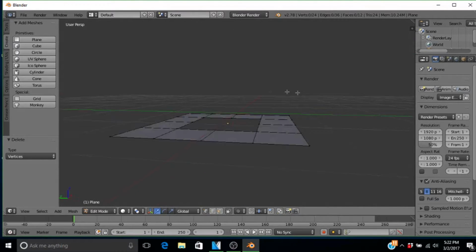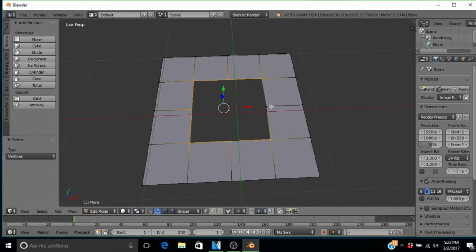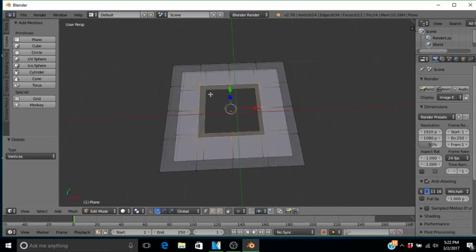But we're going to be making a round hole, so I'm going to show you that. Now, you're going to want to shift and right click on all of these little squares so that it looks like this. Okay, I gotta get this one over here. Once it looks like this,